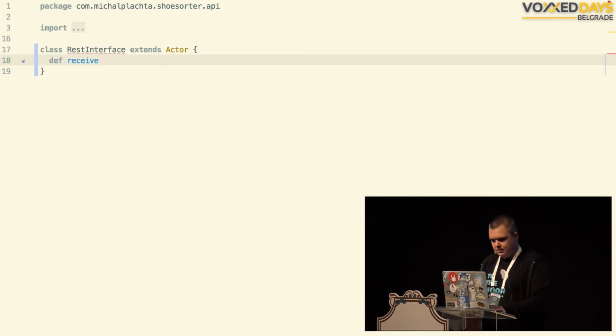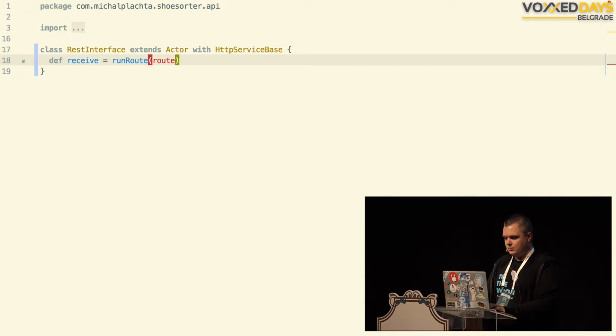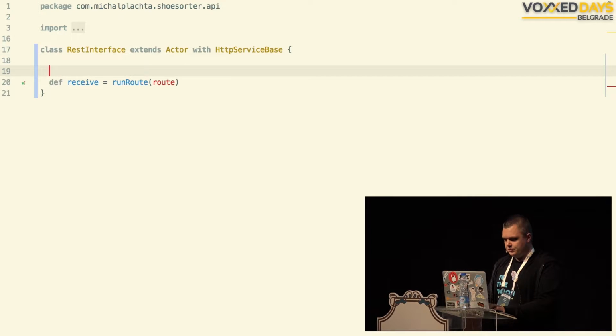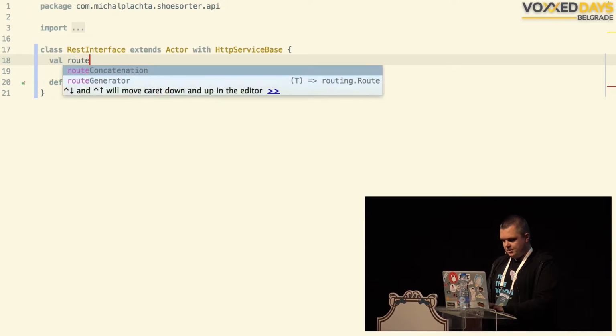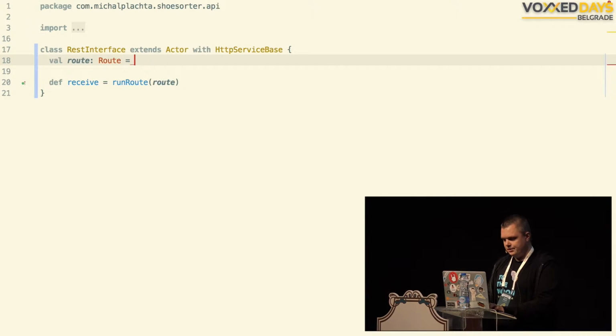And this receive method usually has some code, but for the REST interface one, we'll just use a helper method called runRoute, and the route will provide. So this actor is an HTTP service-based actor. This HTTP service base provides the runRoute helper that generates our receive method. And the best part here is that we can define our route with a very nice DSL.